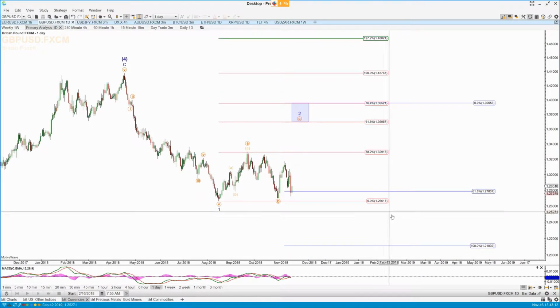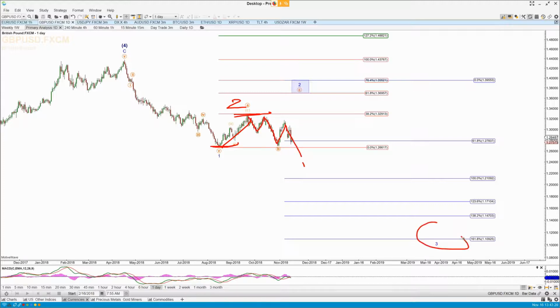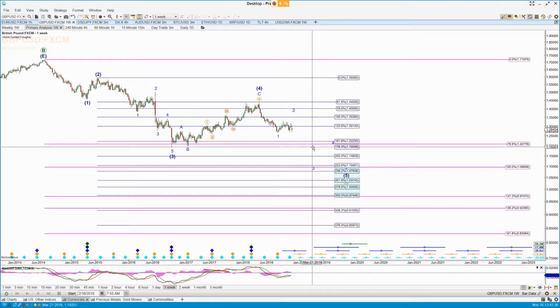But if I just take you to the daily chart, if we take out this low, the bottom of this one here, this move up hit a 38.2. It can be all of the 2. This is what I went through in last night's video, in which case we're getting a 1, 2, 3, 4, 5 for a 1 of this 3. And the next retrace would be a short trade, and then just taking you over to the weekly chart